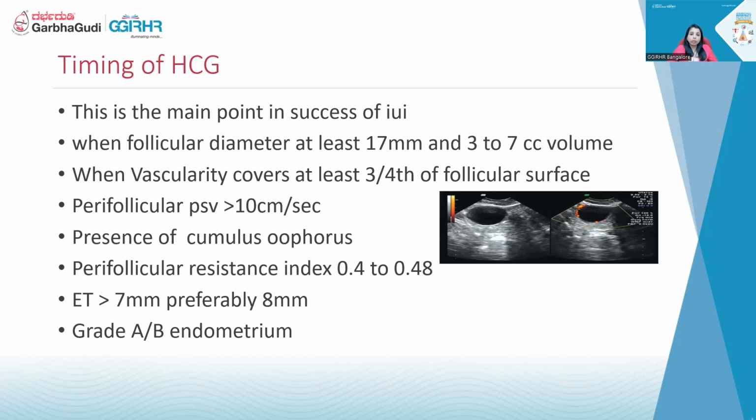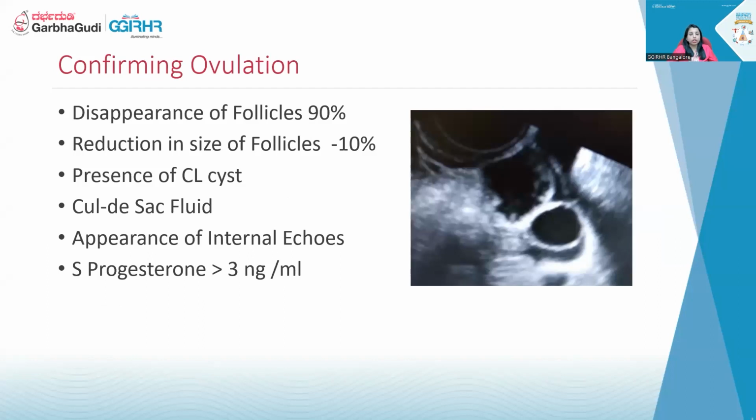You can alternatively measure PSV, and if it is more than 10 centimeters per second, you can see a good perifollicular resistance of less than 0.4 or 0.48. At the same time, it is also showing a good endometrium of 8 mm and above with good trilaminar pattern and good vascularity. Then that is the time you have to plan your surrogate LH in order to make